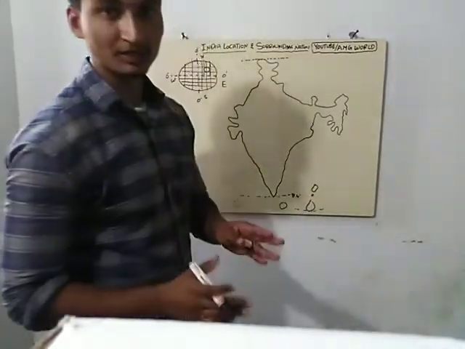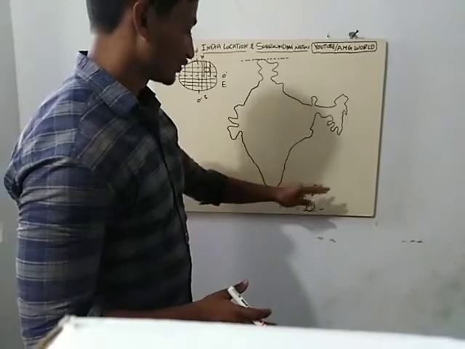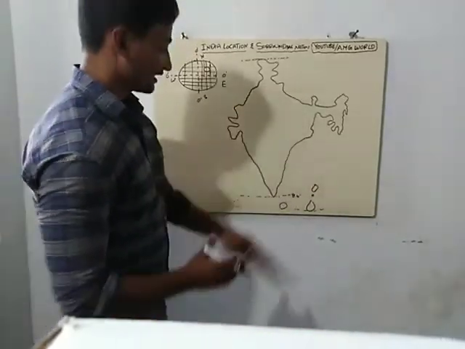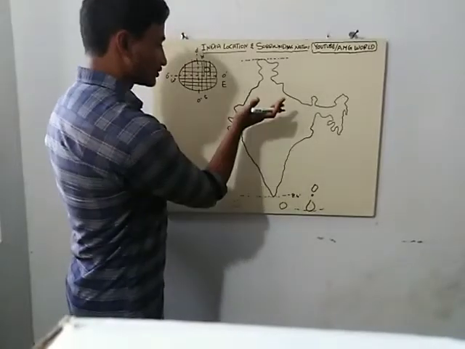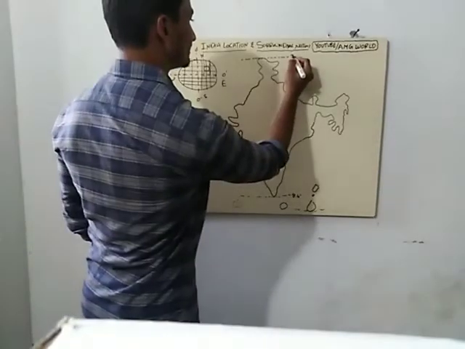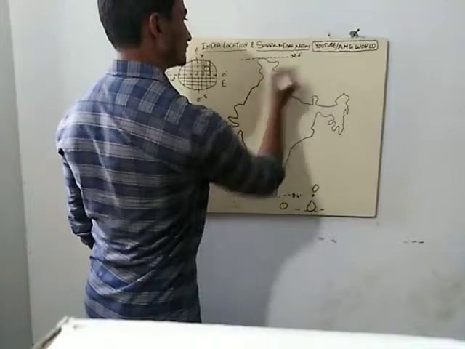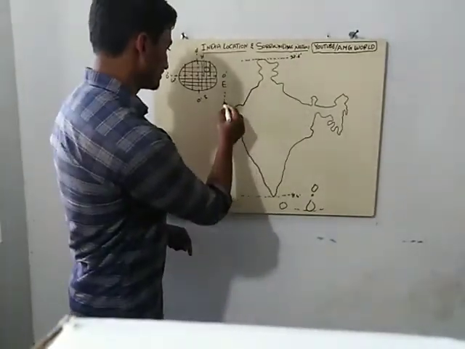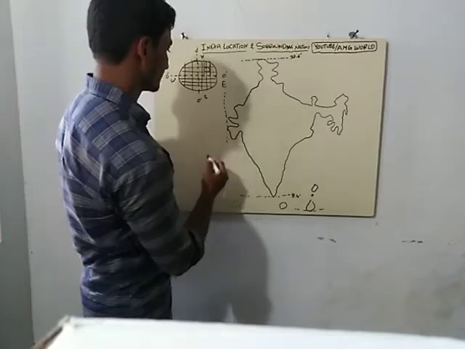I am talking about the mainland of India. I am not considering islands. India spreads from 8 degrees 4 minutes to 37 degrees 6 minutes. And in longitudinal spread,